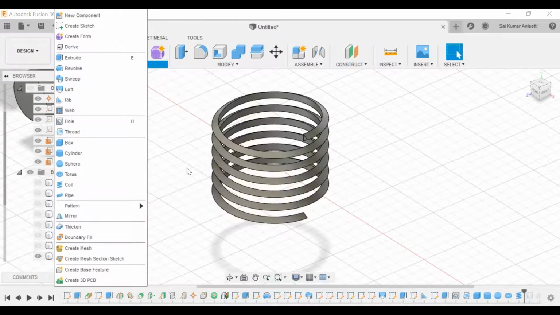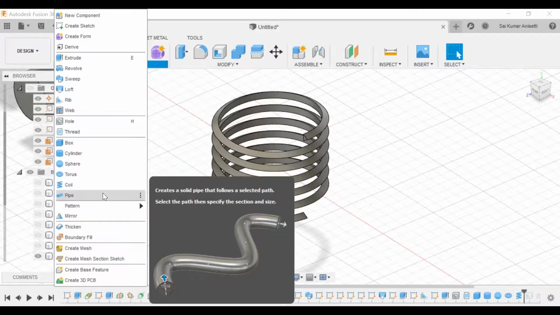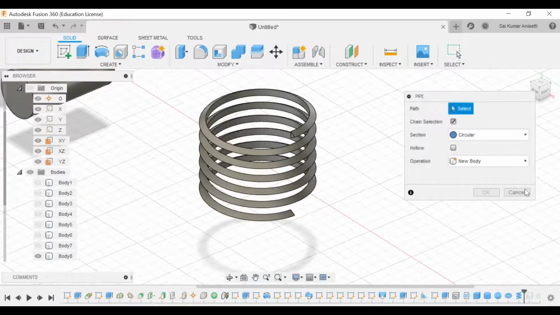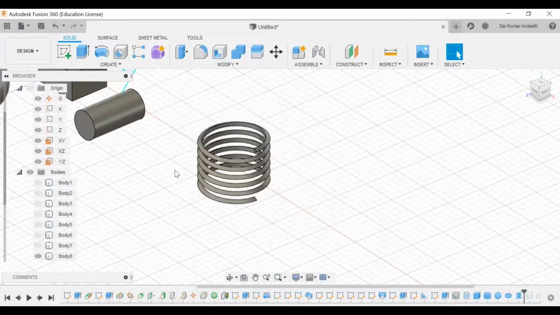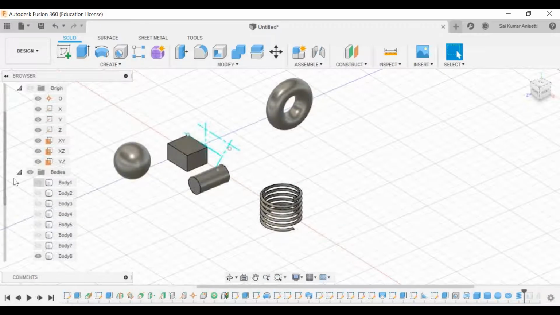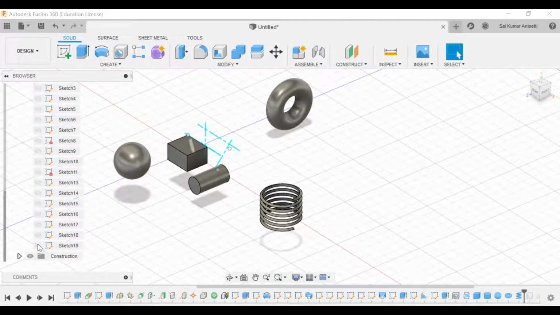You can draw a spline. So you can draw a conical spline, and you can draw a rectangular square portion. You can just revolve it. I mean, you can use sweep operation and a simple pipe. See, for a pipe operation, you need to have at least a single path. So let me write. Do I have any sketch?